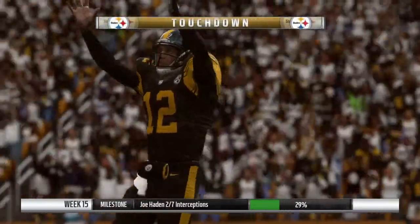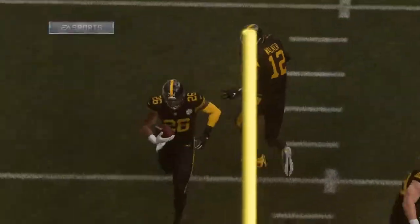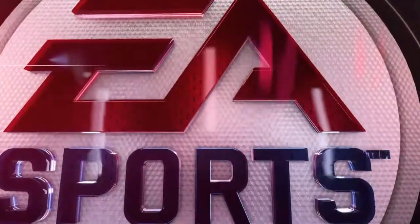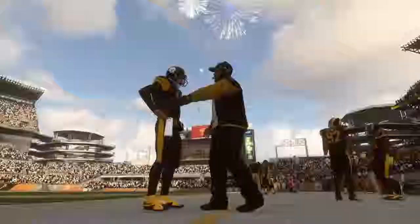Touchdown, Steelers. Le'Veon Bell, his 9th touchdown of the season. And the Steelers are going to add on to their lead. I know the play ends up in the end zone with one person carrying the ball, but